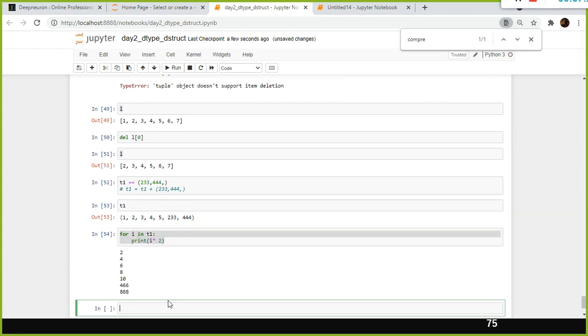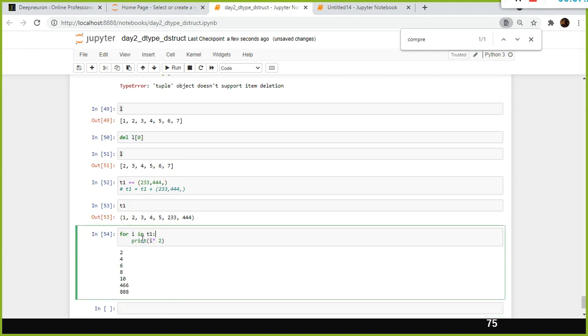So that is possible, but you are not modifying the value. Instead, you are taking each and every element from your tuple and multiplying it by 2 while printing it. That is what we are doing.